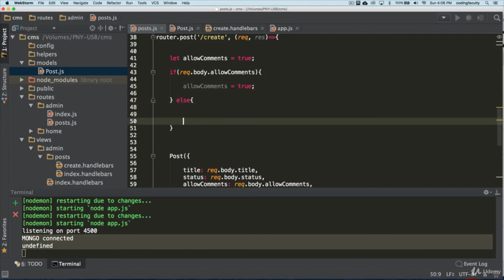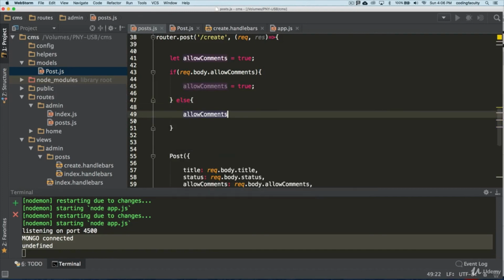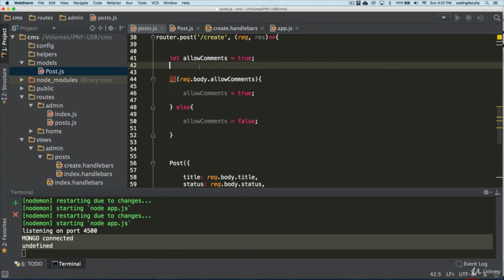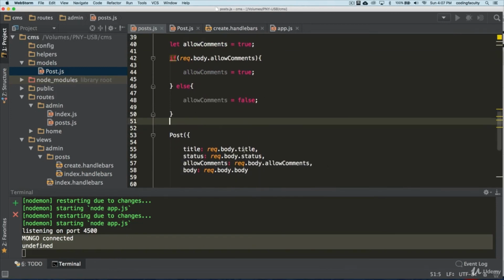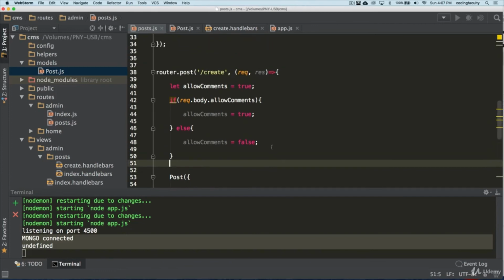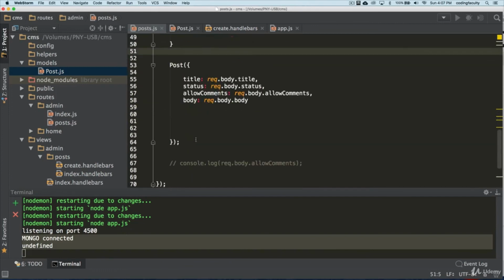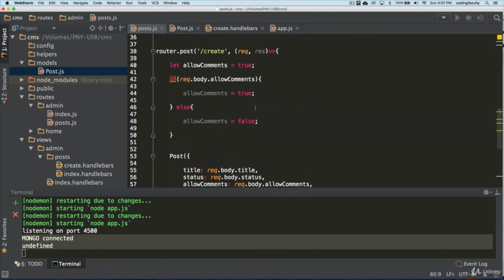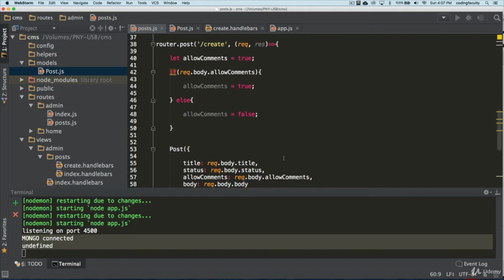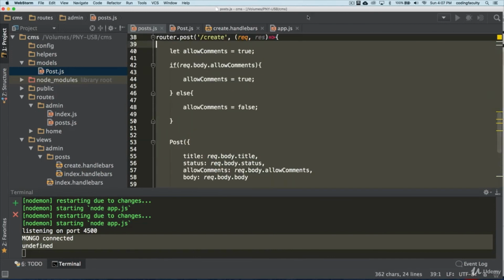Else, we're going to set allow comments to false. Okay, so that way we don't have any issues with our database model or Mongoose model. Perfect. So let's finish this up on the next lecture, where we are actually going to start using this configuration to start inserting data.